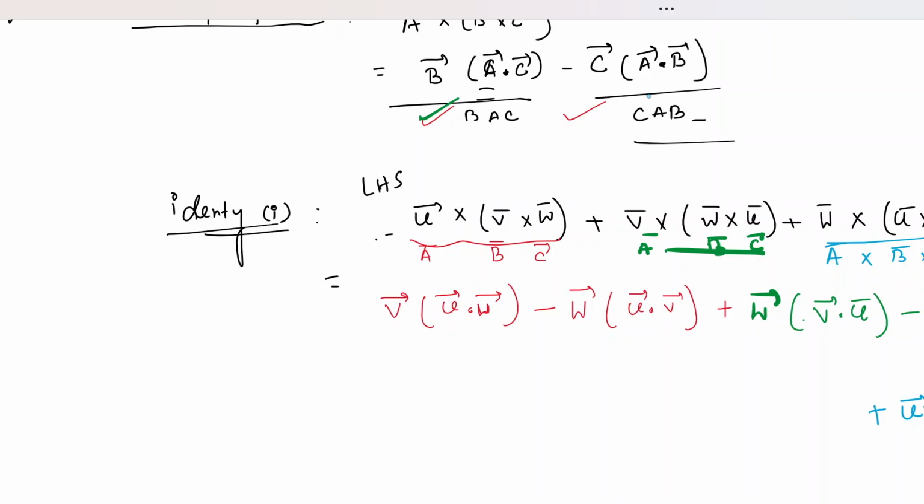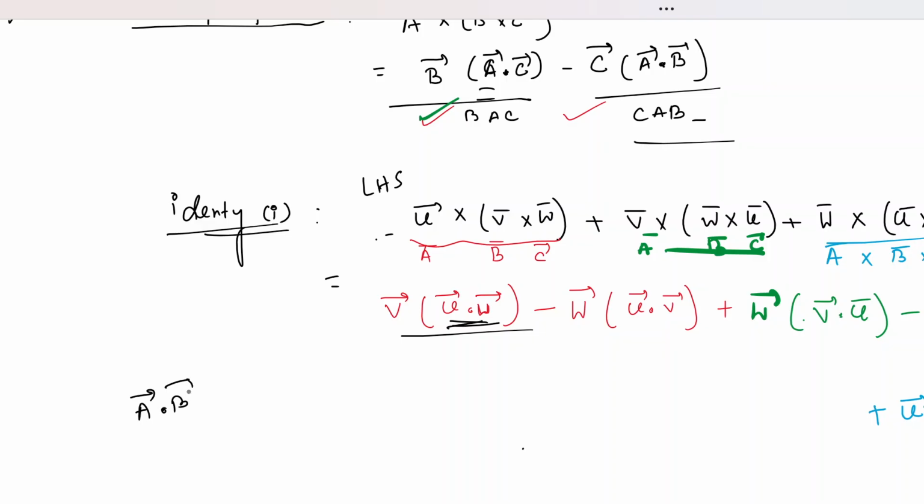So now once you have all of the three triple product terms derived properly, you match whether you can cancel out anything. So you see this term V U dot W is the same as V W dot U. Why? Because both have vector V first, and this bracketed term is the same because U dot W and W dot U are equal, because dot products commute with each other. That is the beauty, that A dot B is equal to B dot A. So this is another vector identity as well.